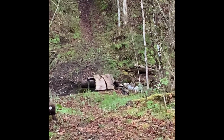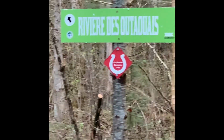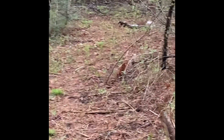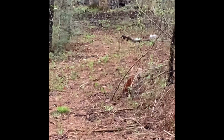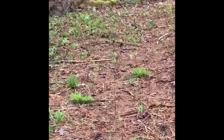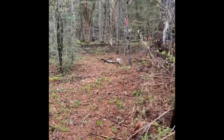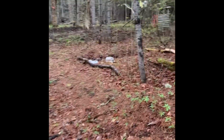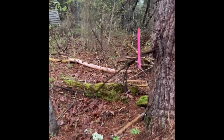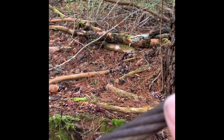Mike Lamont made that bridge out of splitting a dead cedar tree. This way is the highlight of the Bertrand stopping place. It's probably the original building, at least that's my guess. It has a very unique feature, and that's this cable. It is quite a hefty cable. It's probably an inch in diameter,